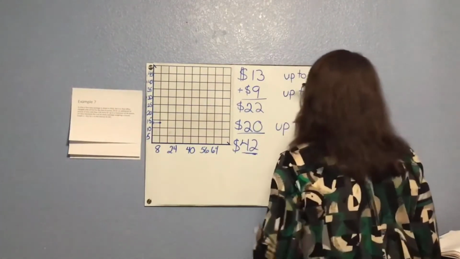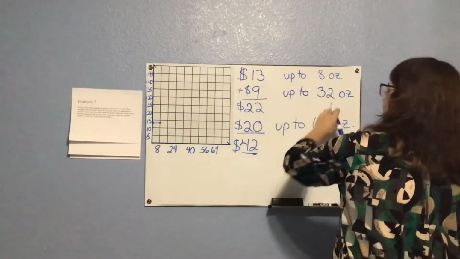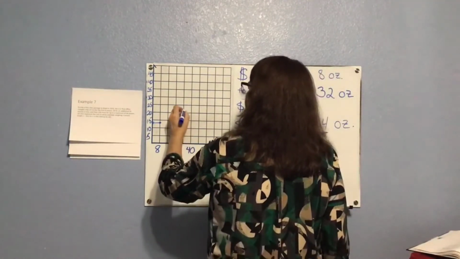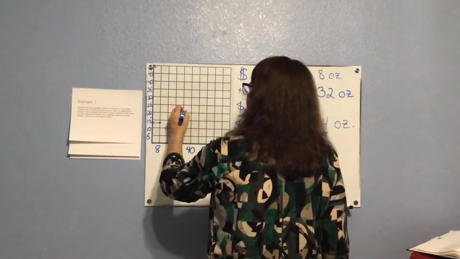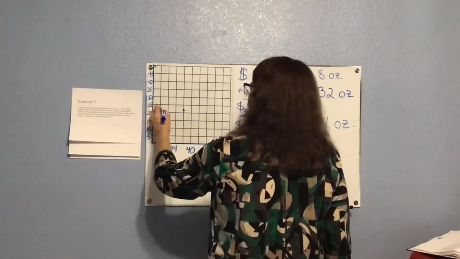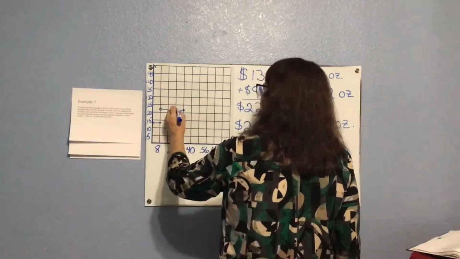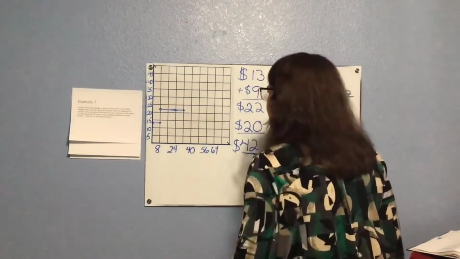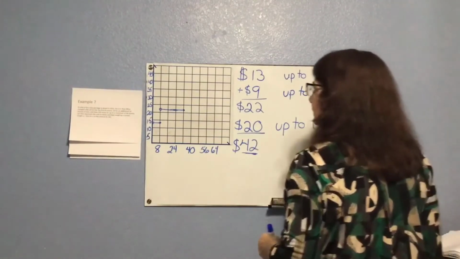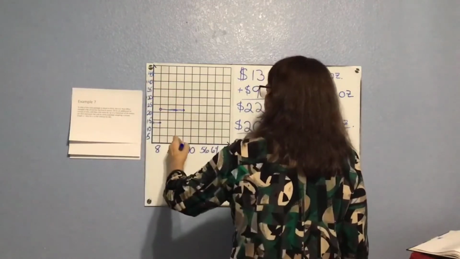Then my next step is going to be $22 because I'm paying the extra $9 up to 32 ounces. So here's 32 ounces and here's $22. And I begin this step where the last one left off. And there's that step. And then the last step, I had $20. So now I'm at 42. And that starts at